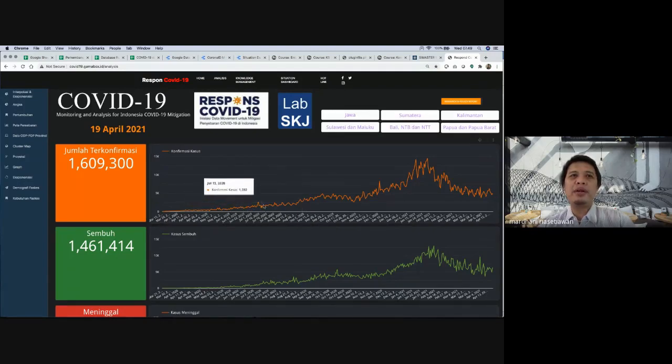You can see this up and down, and sometimes there is a very huge increase in the number of cases, and then we also have some decreases, and now we have some stagnant numbers here. So at this point, the interesting thing is that it shows something. We will find out what actually happened here. That will be the question of diagnostic analytics.